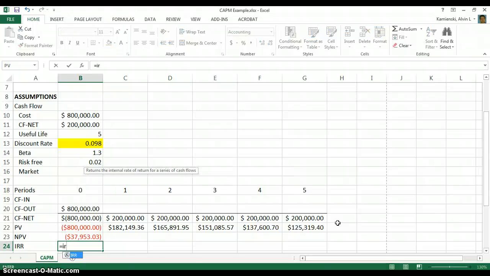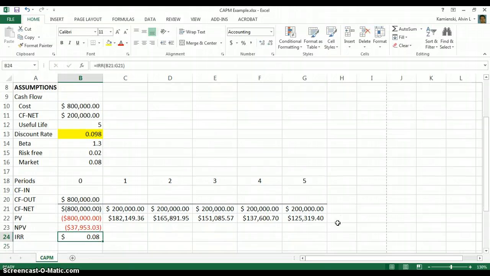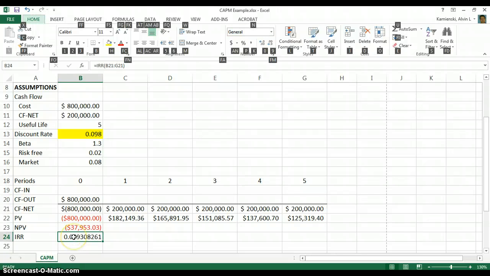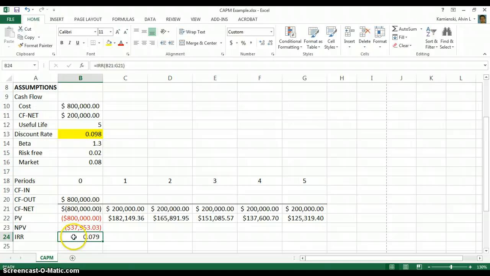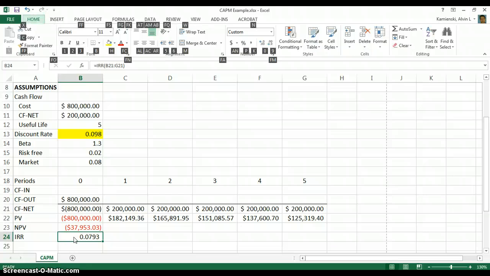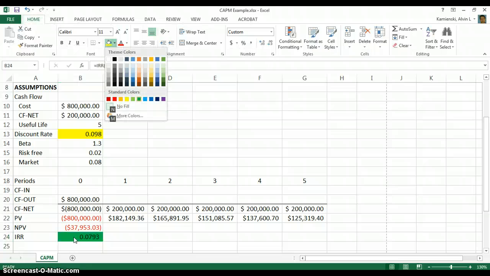We recall then that IRR is simply to determine what the project's rate is, and we use the cash flows net for it. And we see then that the project's rate of return looks to be about, let's expand our decimals here, the cell is not cooperating, Alt H and G, enter, Alt H K, Alt H 0, Alt H 0, Alt H 0 one more time, and we see we have a rate of return of